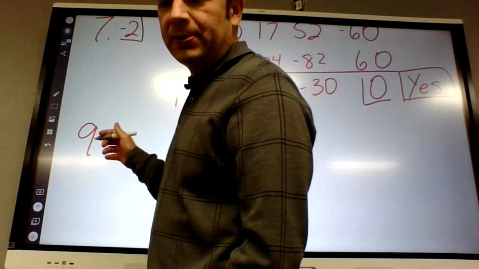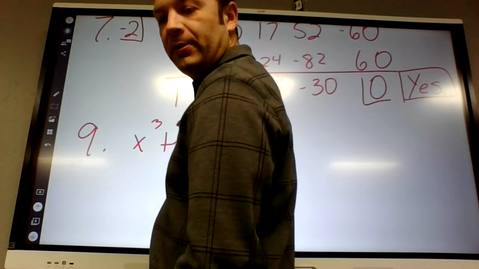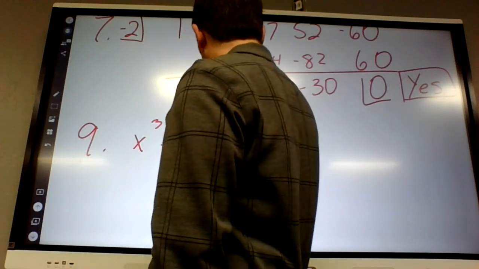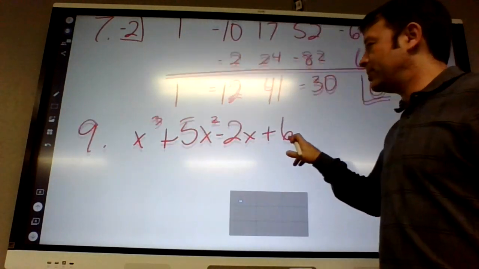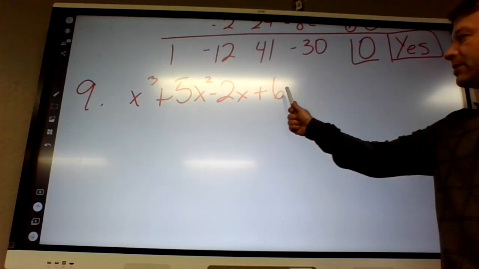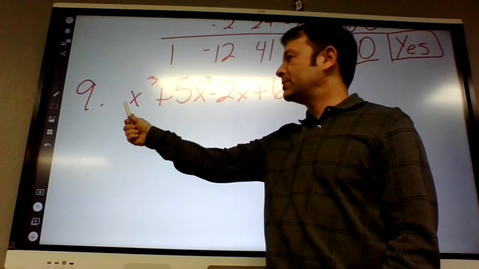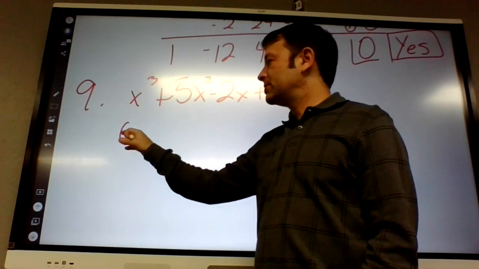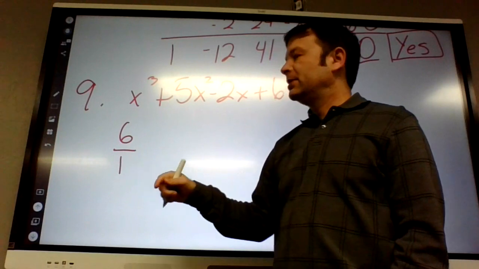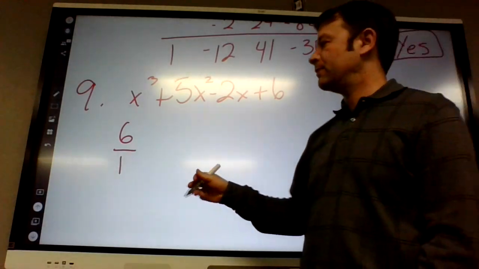Let's see, x cubed plus... yes, x cubed. I'm just copying the problem down right now. Okay, so what you do, everybody watching, is kind of important. You take the last coefficient over the first coefficient. So 6 over 1. Actually, you want to do the factors of the last coefficient